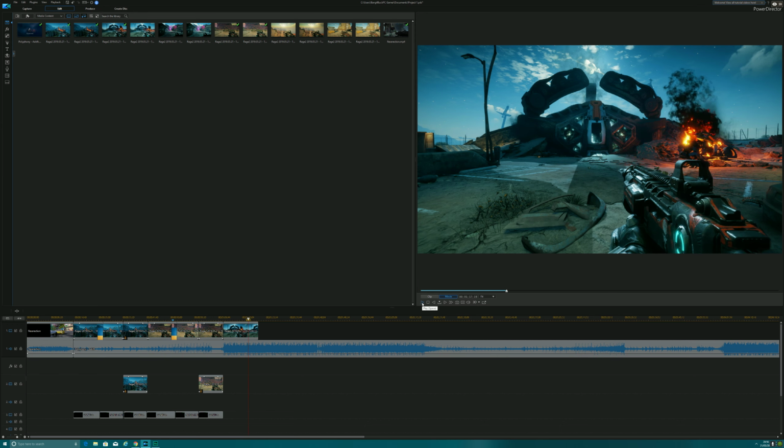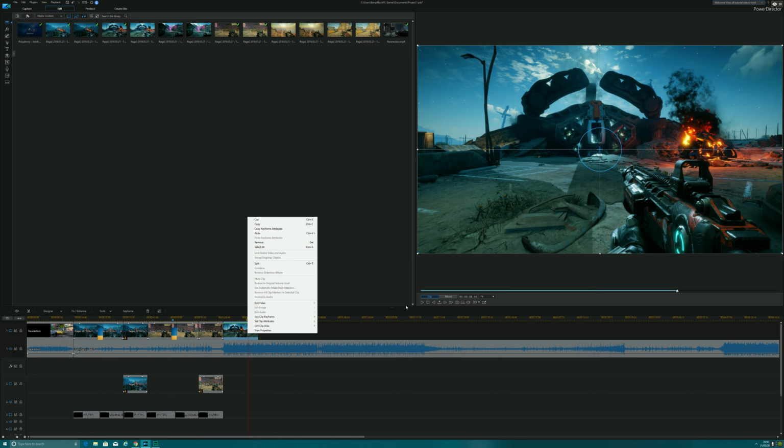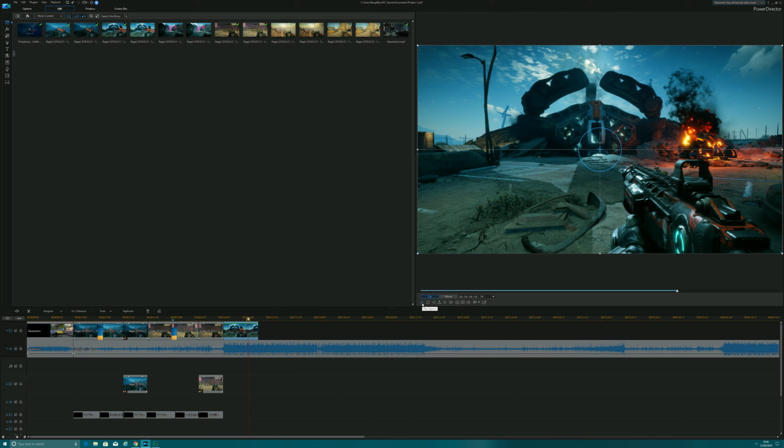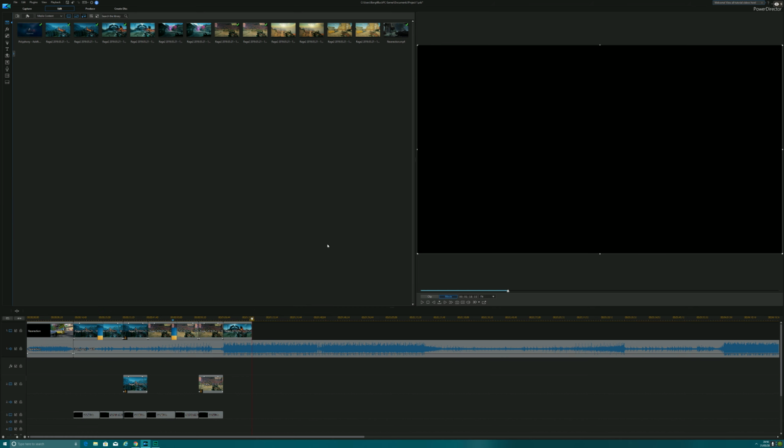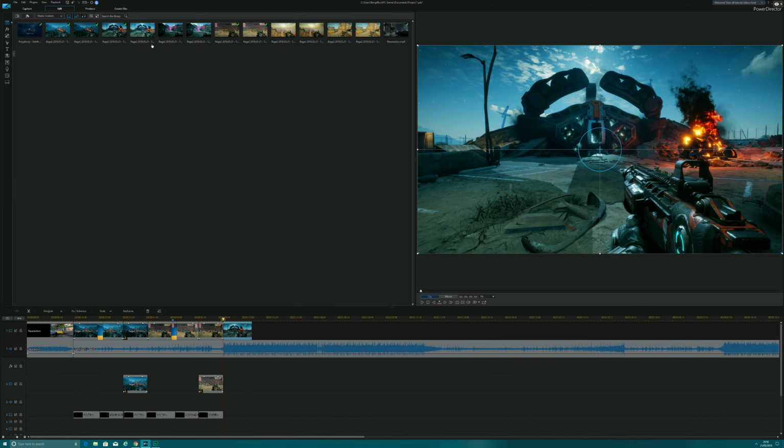So it's at this exact point that I want the transition to start to go over to the new file. So I'm not going to make a split here because, as I explained earlier, when you make a transition, it takes away a little bit from your original media. So you need to give yourself a little bit of overhead. That should be enough. I'll split that